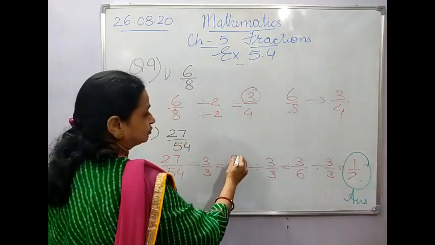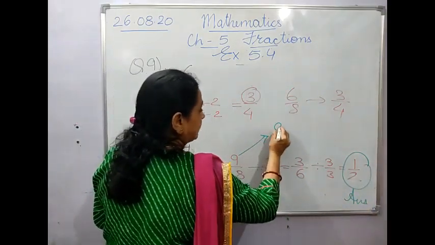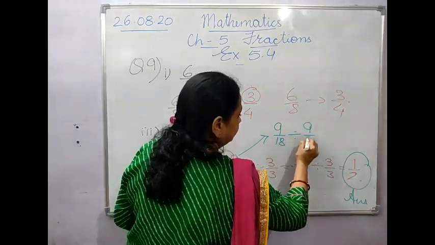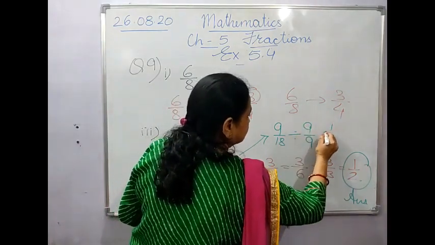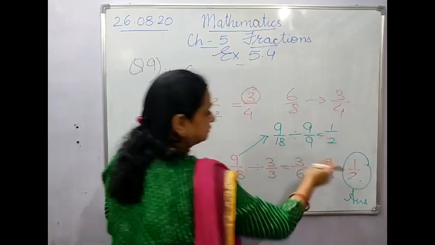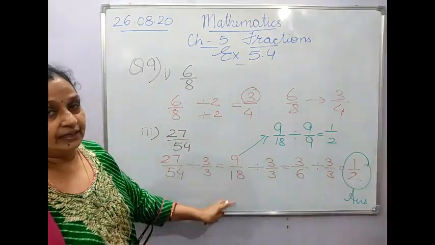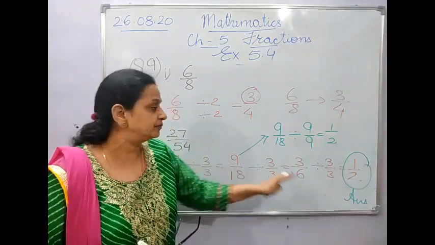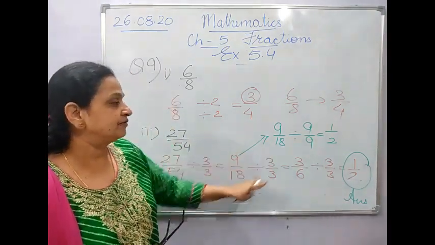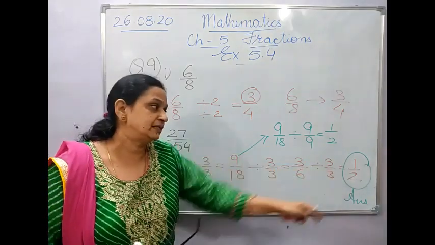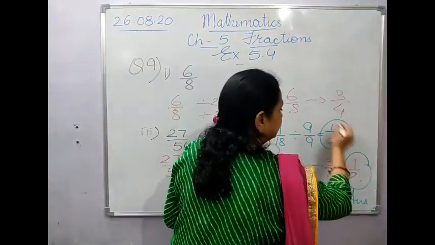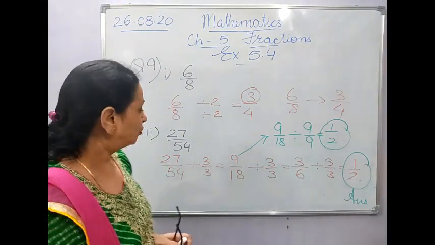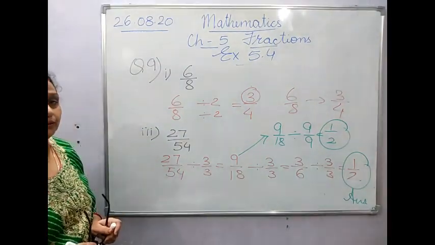Even, children, you can reduce it over here also. 9 upon 18 was there. We could have divided it by 9. 9 1s are 9 and 9 2s are 18. Both the things are right. Either you go this side with one step more, or here if you would have divided by 9, you would have got the same answer, the same reduced form. Okay, hope this much is clear to everyone.